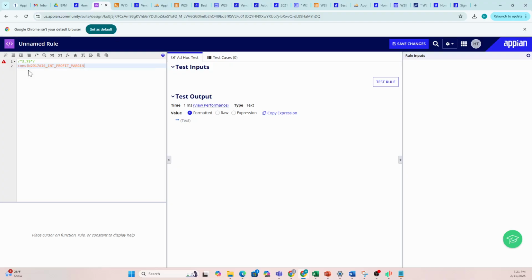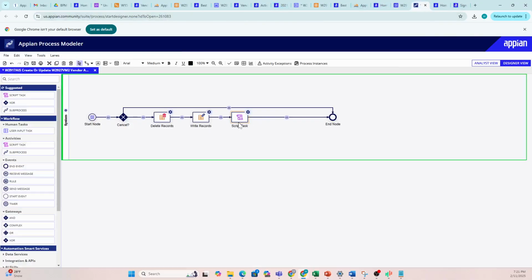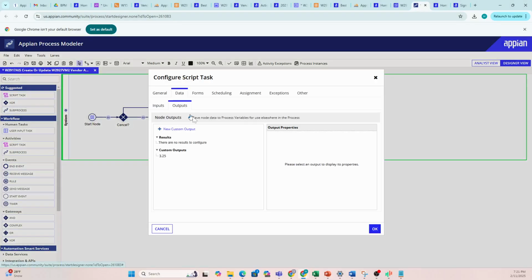Actually, you know what, I'll show you. You don't need to paste everything, but if you know some word, for example profit, it will give you the name. It automatically searches. So now I created this profit margin constant. If I use this, it will automatically hold the value 3.75. So instead of 3.75, I can use this constant in my process model. Instead of saving just a hard-coded value,